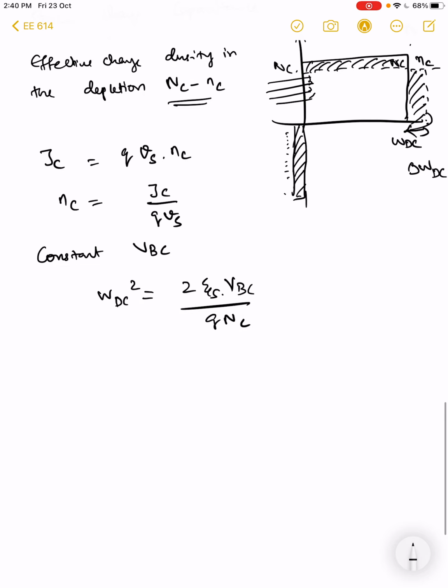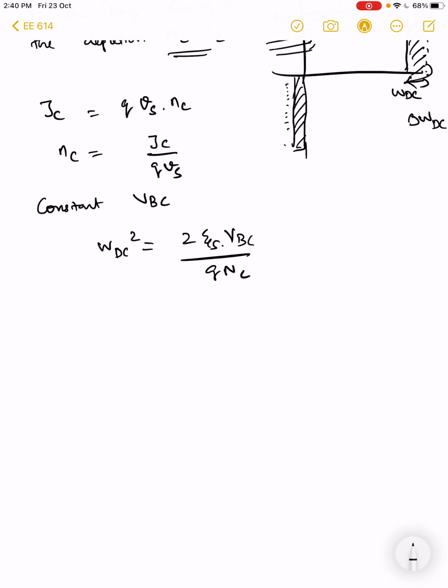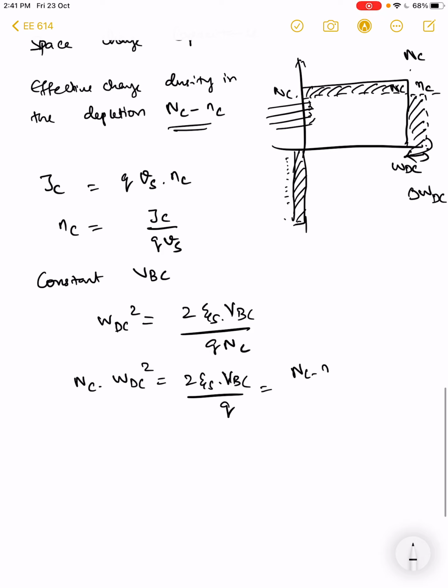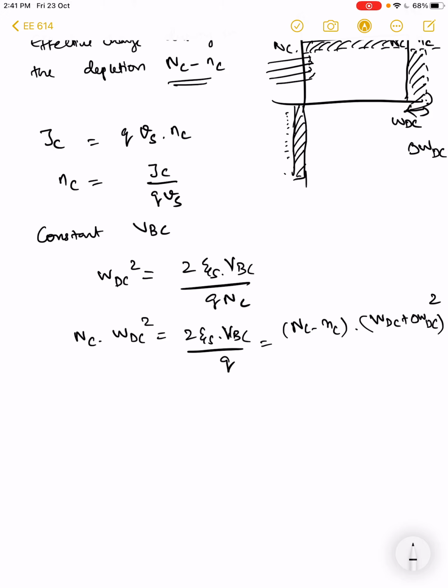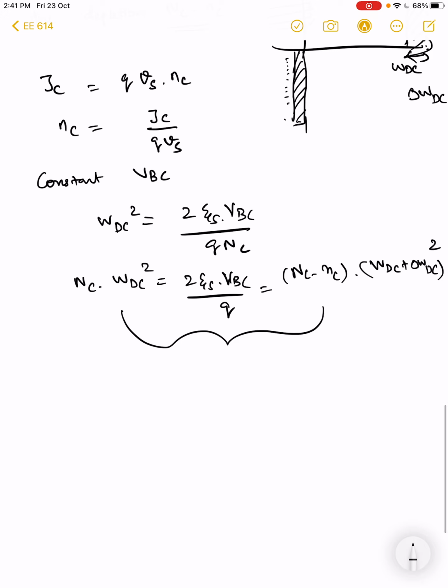And you can actually write Nc into WDC square is 2 epsilon s VBC by Q. But now you see that Nc is reduced by small nc, right? And if we use these two, we can come up with the relation